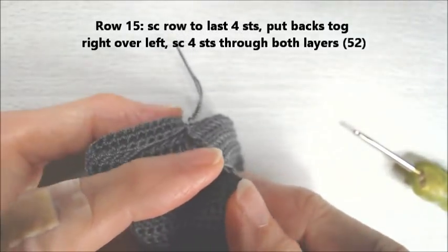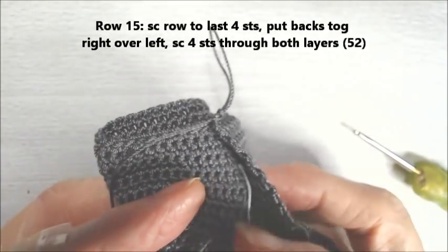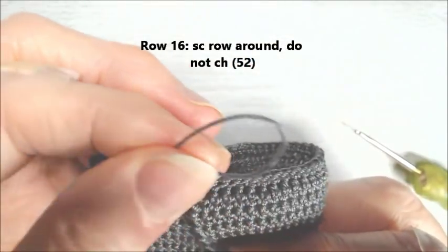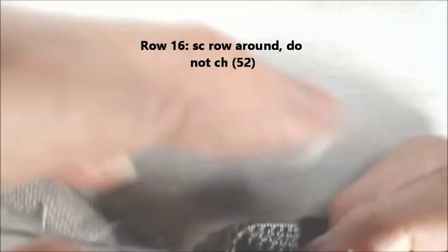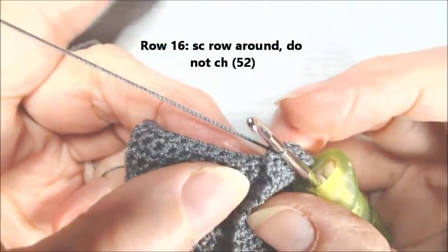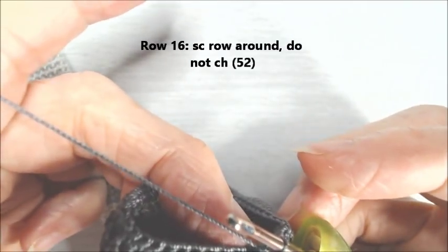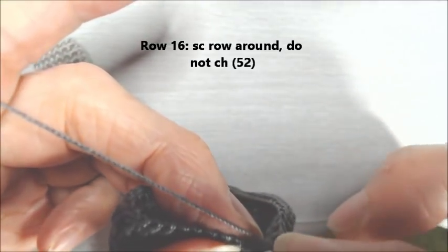You can see it makes them connected right now. So do this. We're now going to start working around. So you will get this back here. You're going to single crochet in the next stitch. Make sure you don't go in the same one that you did, but the next stitch we're going to go into the next stitch,